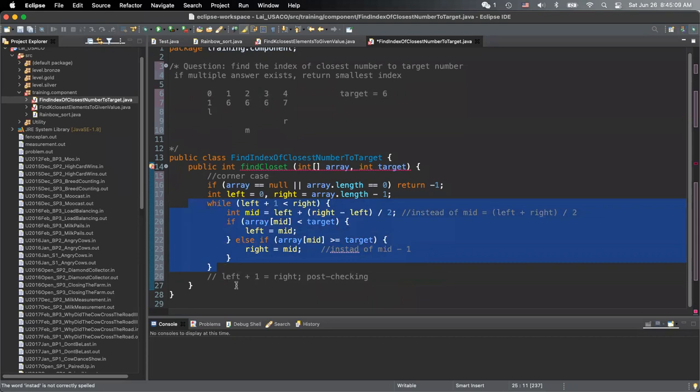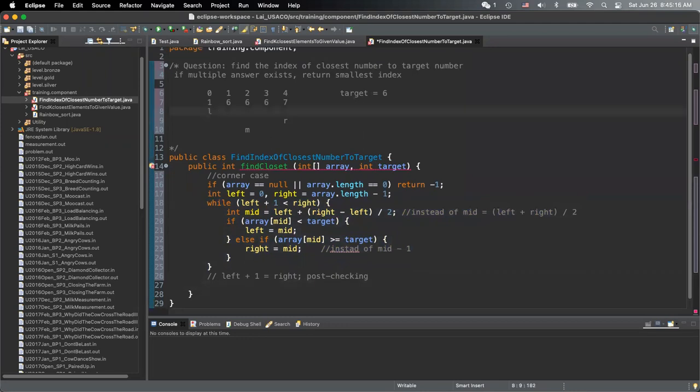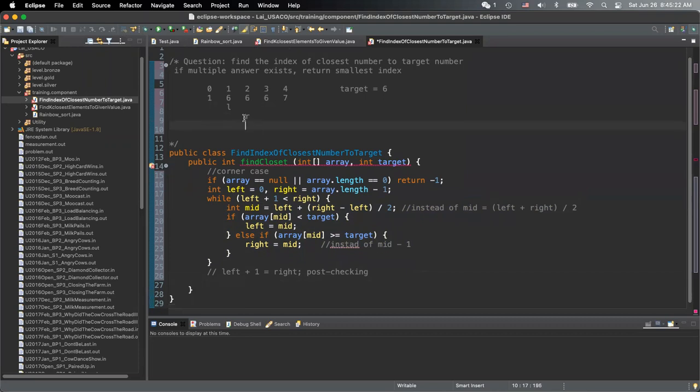Clearly, when we exit that while loop, left plus 1 equals right. Now we are entering the post checking. So now the left and right pointers for this situation are going to point at these two numbers, right? You want to give priority to the left pointer. So there are two things to check: which is closer, the number at the left pointer or the number at the right pointer,